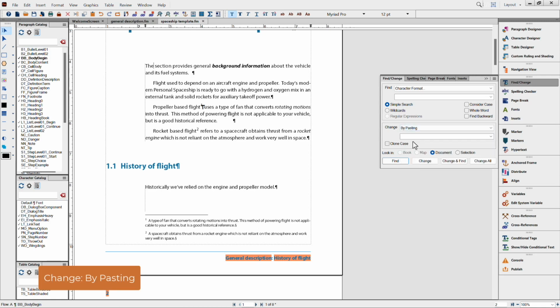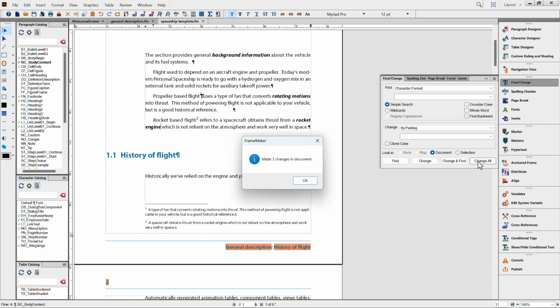I copied the character style to the clipboard. Now I'm saying find italics, paste in the style. So if I choose change all, FrameMaker finds all three occurrences of italic and replaces it with the emphasis heavy character style. And the beauty of that is if somebody comes along later and they say, you know, that